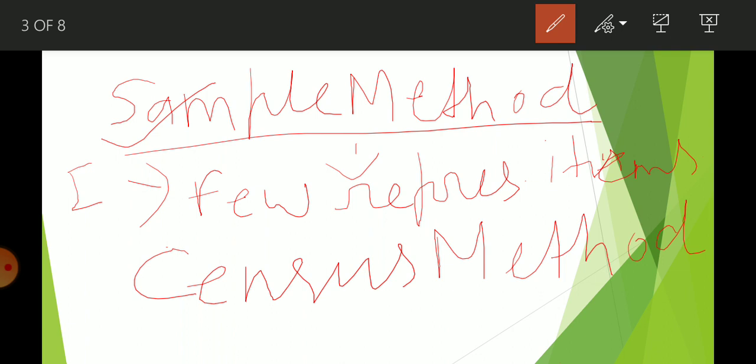Now suppose in your school 2500 students are studying, and the investigator does not have too much time, so he just selects 250. This is the sample method.